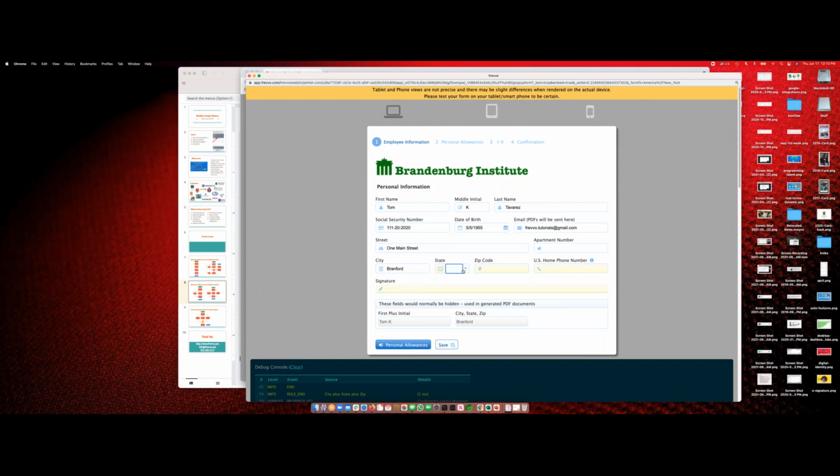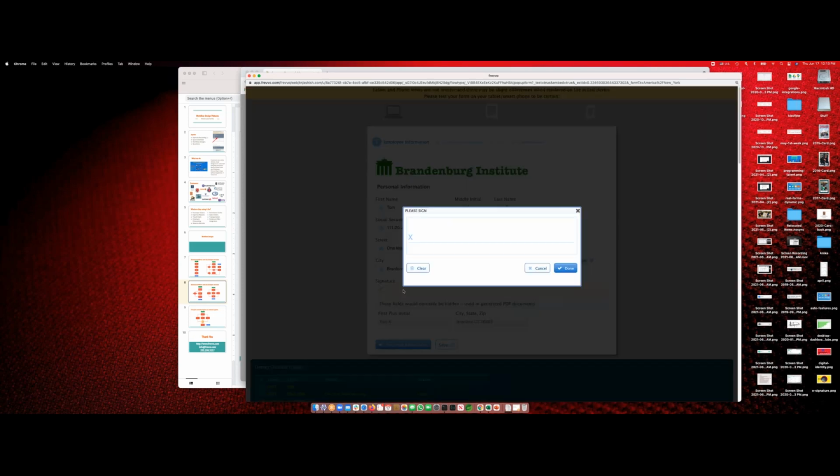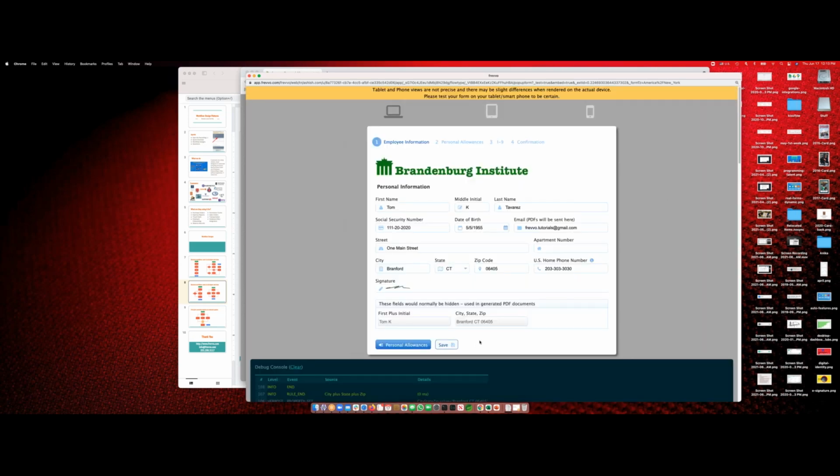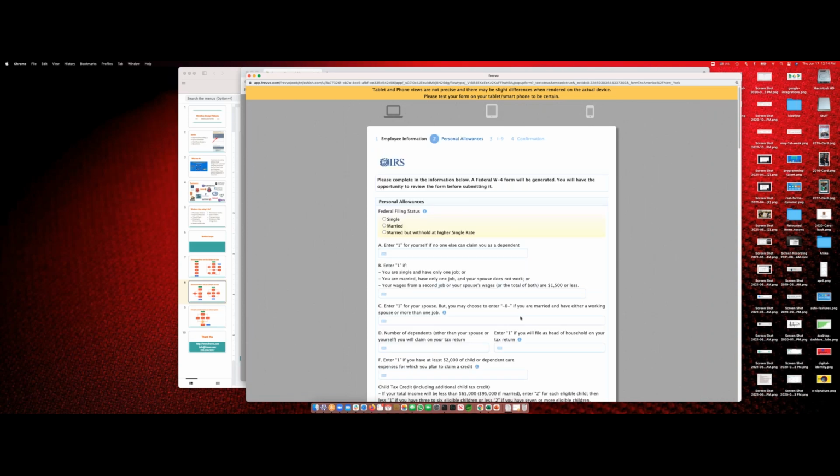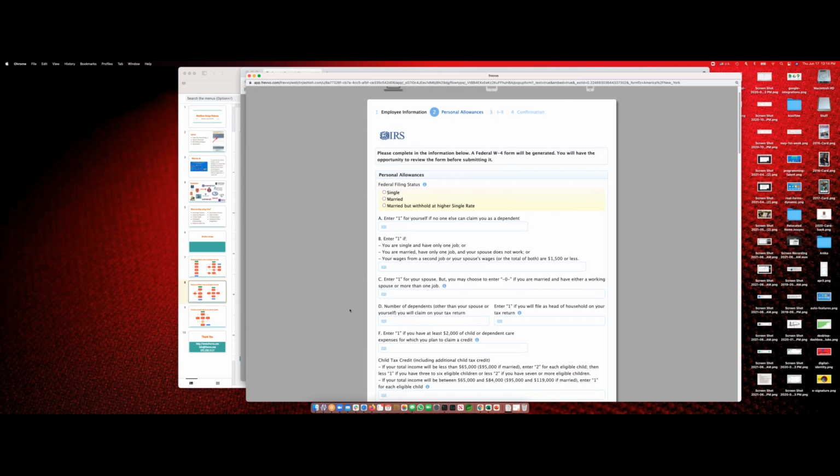I guess I should have created a form which had a bunch of stuff filled in. And I can type sign the form here on the screen. But when I go to the next step, when I click personal allowances here, the next form immediately displays. Now you can see the advantage of using a screen flow: obviously there is a limited amount of information on each